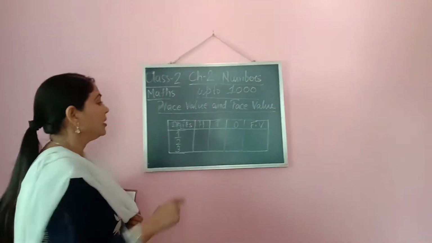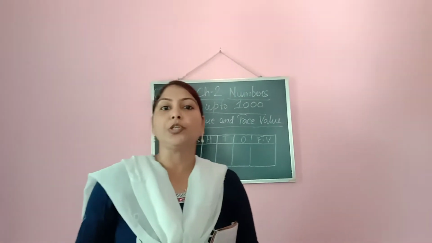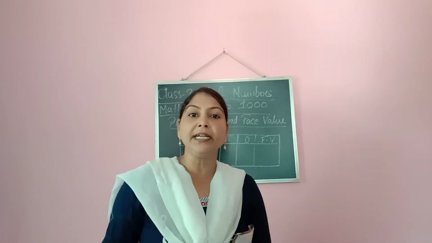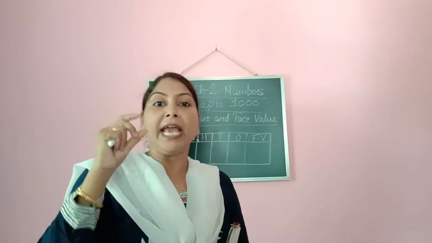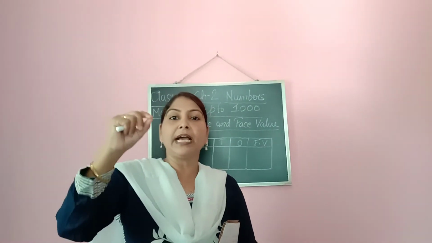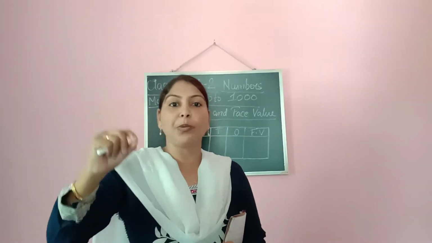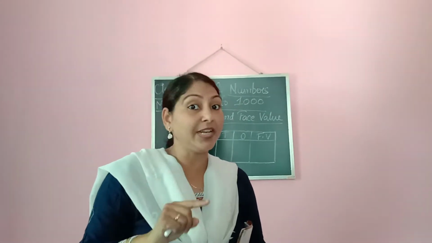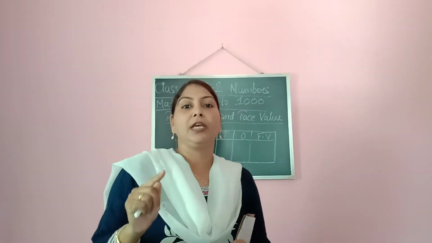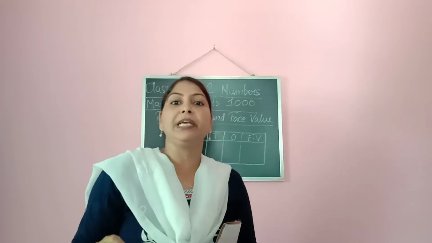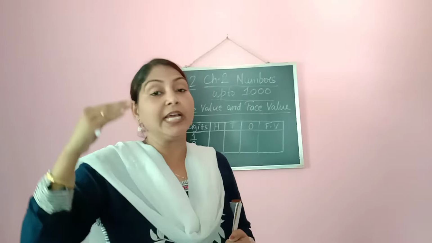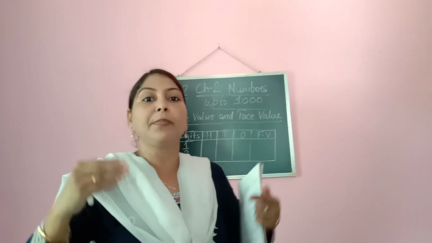Okay, so look here, I have made this place value chart. What is a place value chart? A place value chart helps us to understand the place of any digit in any number, where that number exists, in which place it exists. Just now I told you 725. So these 3 digits 7, 2, 5 in the place value chart, what is their place and where does it exist? Exist means where they are being placed.